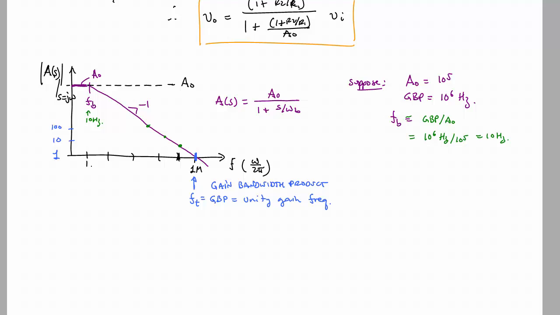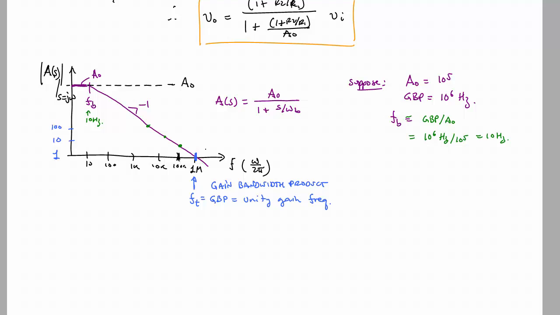Okay, 10, 100, 1K, 10K, 100K. So if the gain is 10 to the 5th at 10 hertz, then it's going to be 10 to the 4th at 100, 10 to the 3rd at 1K, 10 to the 2nd at 10K, 10 at 100K, and finally